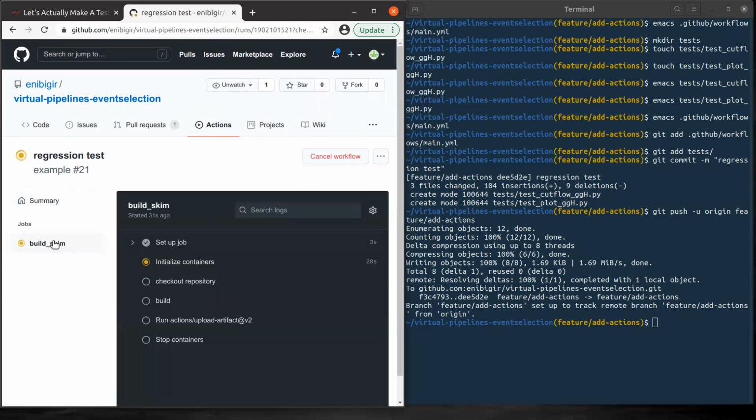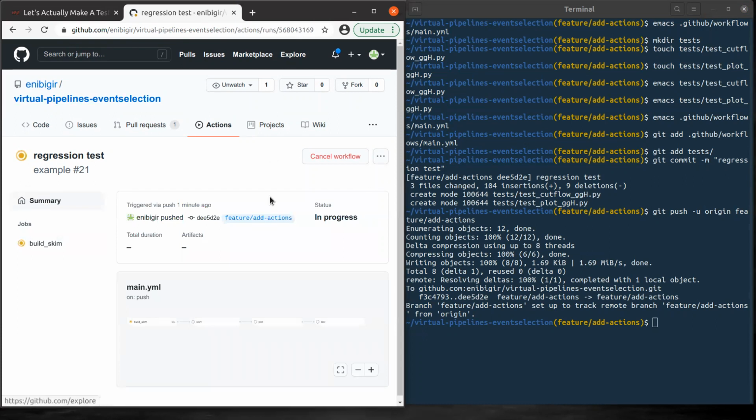Let's see what it's doing. So now the stage of initializing the container just to get the image. Okay, it's running smoothly.